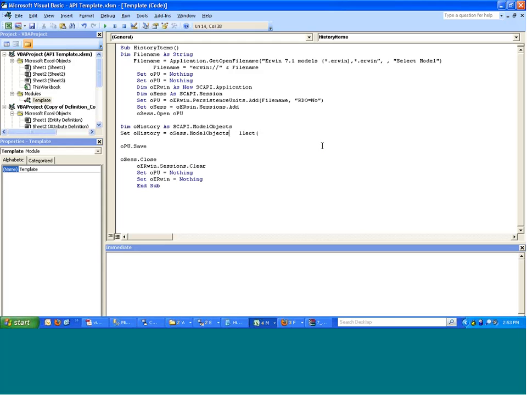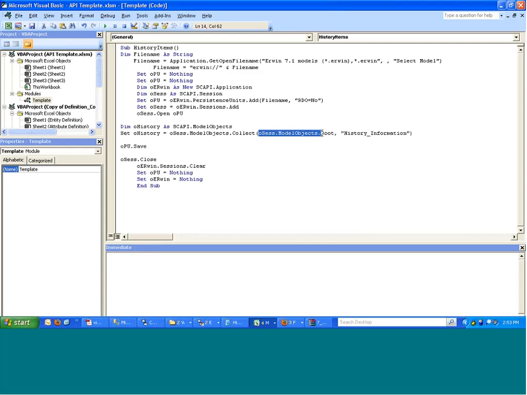Once again, we're going to select the O session, which is the session that was populated with the ERwin object itself. .model objects. This contains all the model objects. And if I put a period here, we can see that I have all these different functions that I can use. Once again, these are all available since we've referenced the ERwin API. And I'm going to do a collect. Now, to know what values I need for the collect, I can just do an open parenthesis. And we'll see right away it's specifying that I need to specify a root object, a class ID, depth, etc. In this particular case,